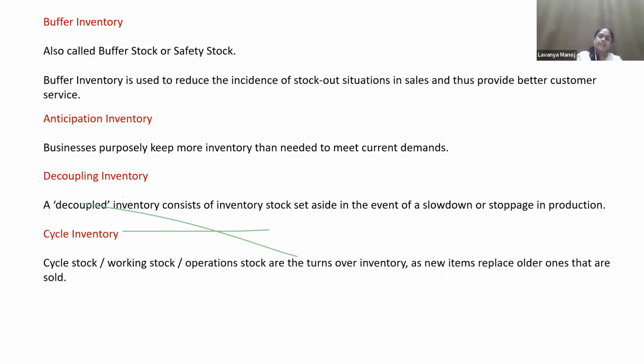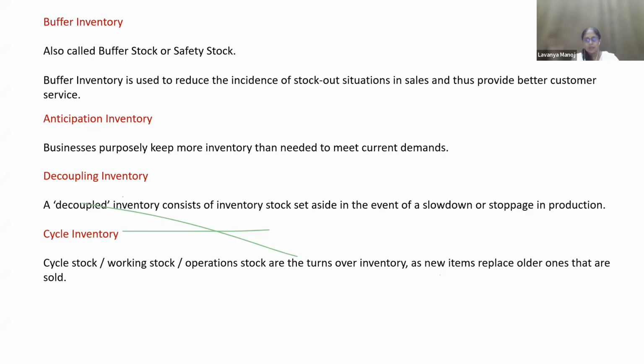And then we have cycle inventory. Cycle inventory is, again, a kind of safety inventory. Always throughout the year, the company keeps it to avoid any bad situations, whether it be a stock out or anything. So there will always be a cycle inventory.